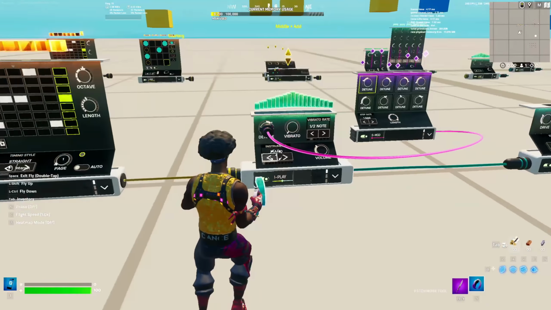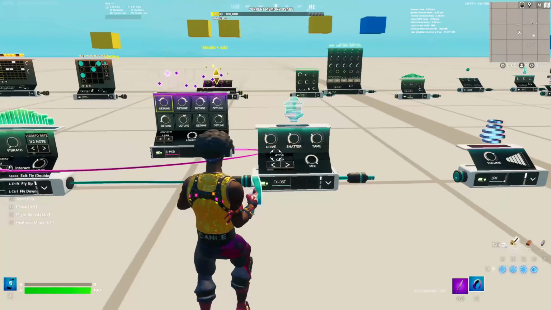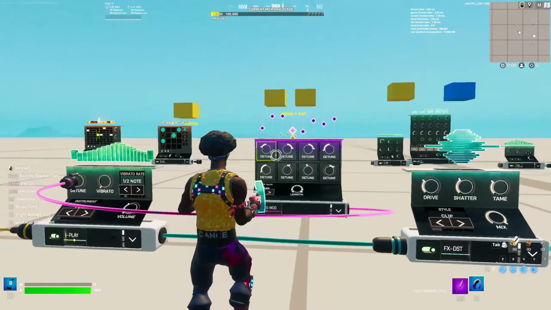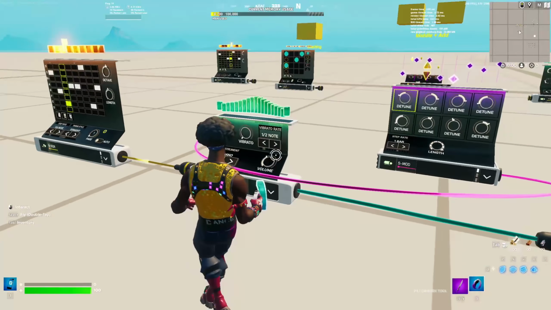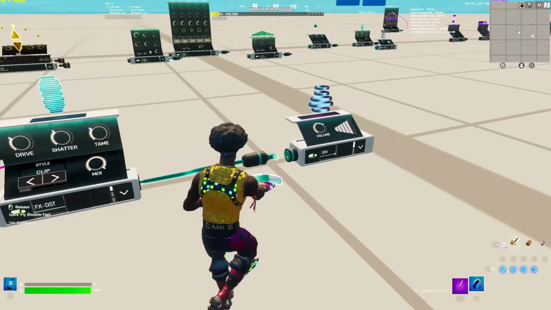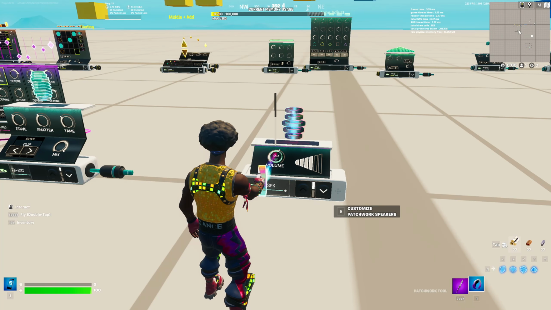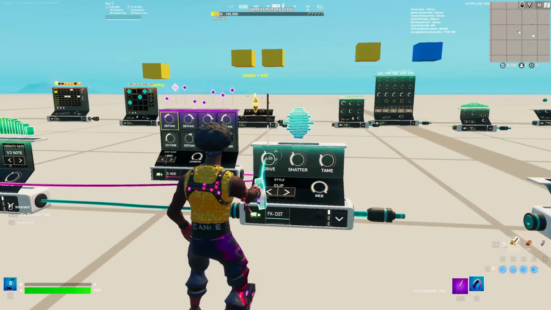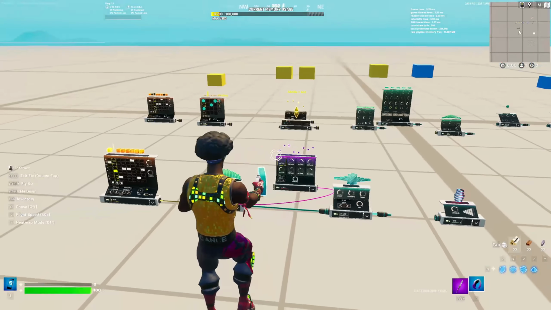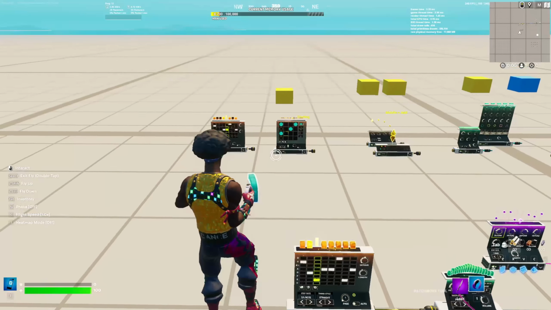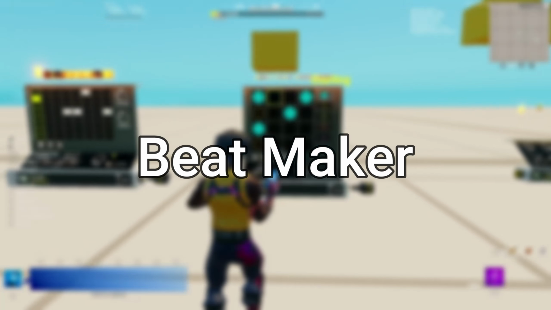So it starts here, goes through one or two or as many effects as you want. And this is a second effects panel that can attach to these effects panel. And then it goes right here into your speaker that will play the audio. On the speaker, you can adjust the volume up and down. And on here, you can change all these different settings. It's basically, most of this is just about fiddling and seeing what sounds you want and how you would like it. The next thing is the beat maker.